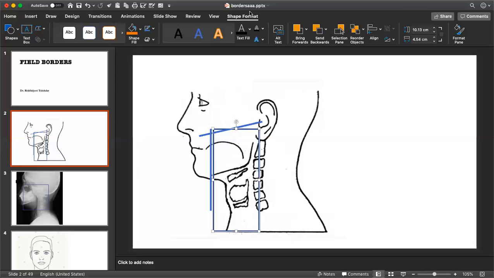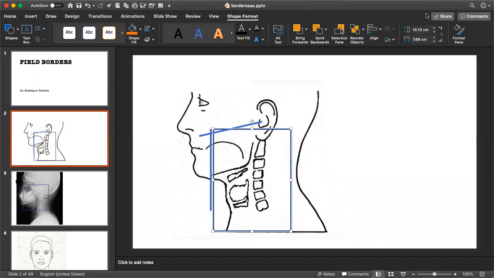Clinically it would be around 1 to 2 centimeters behind the mastoid process, because that's like in nasopharynx, the mastoid process is somewhere around here. That would let you cover the posterior extent of level 2 and level 4. So keep it at the tip of the mastoid process if you want to treat just up to level 4, not level 5. If you want to treat level 5, go 1 to 2 centimeters behind the mastoid process.